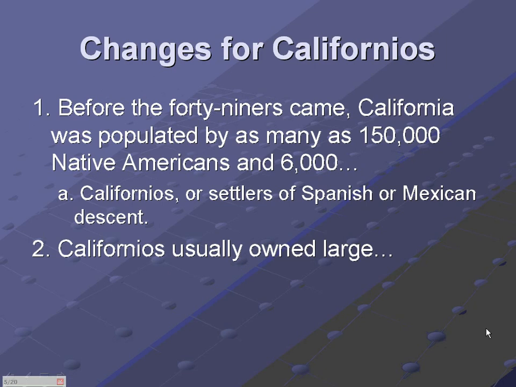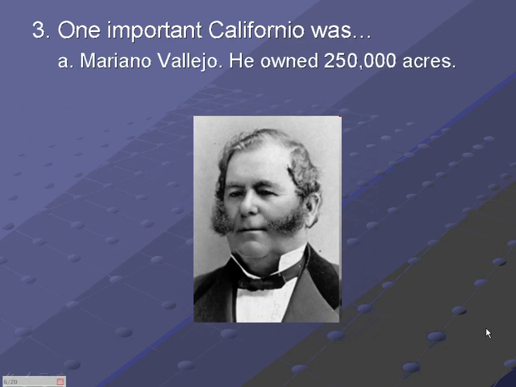They have always known California as their home. What group does this sound like? They are very similar to the Tejanos, who are residing in Mexico and of Spanish descent. Californios usually owned large cattle ranches, so they own huge stretches of land and usually raise cattle on those. One famous or important Californio was